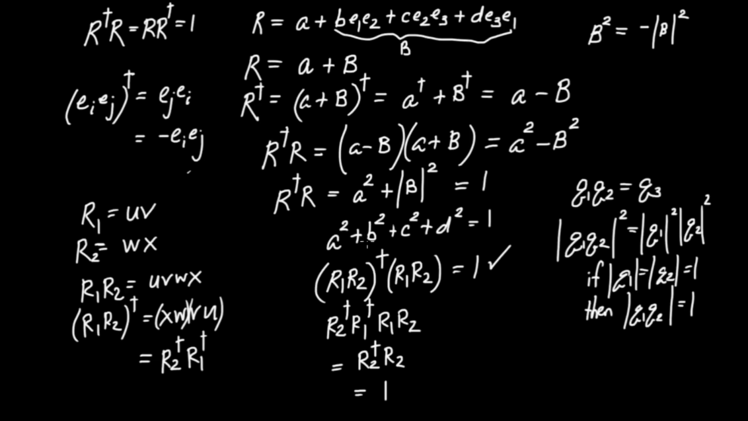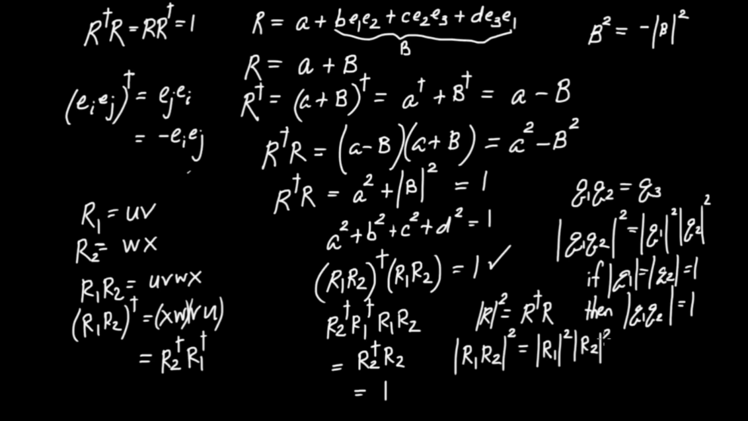Now, as an exercise, what I'd like you to do is consider some general element of the even subalgebra called R, which is going to be written in the following way: E plus B e1 e2, plus C e2 e3, plus D e3 e1. Now, let me define the magnitude. It's actually the squared magnitude of R in the following way: R dagger times R. Show that for R1 and R2, the squared magnitude of R1 R2 is equal to the squared magnitude of R1 times the squared